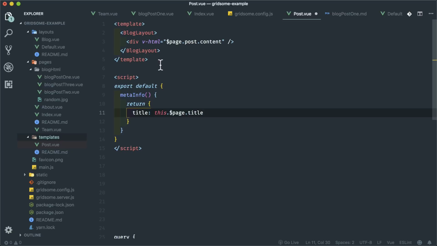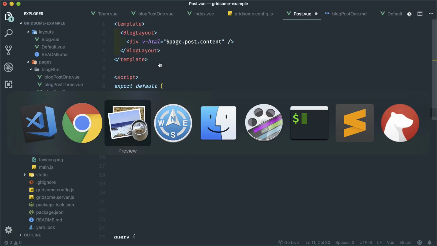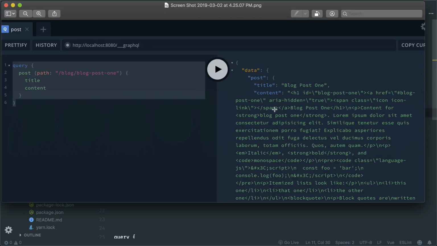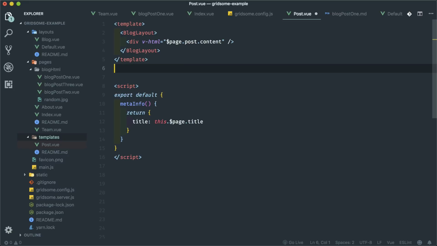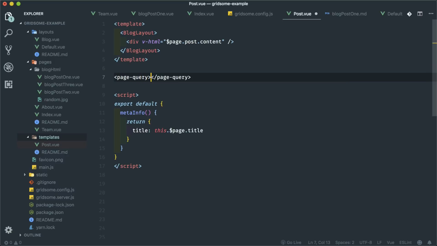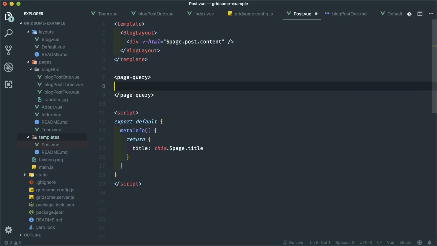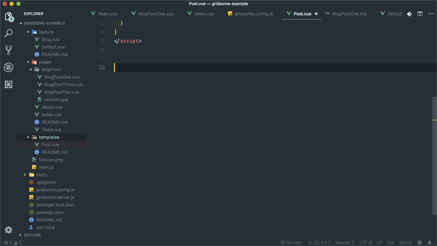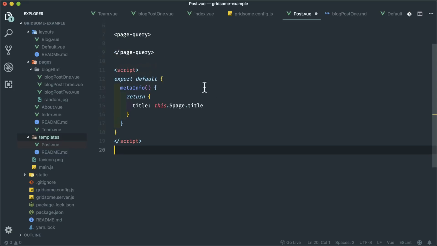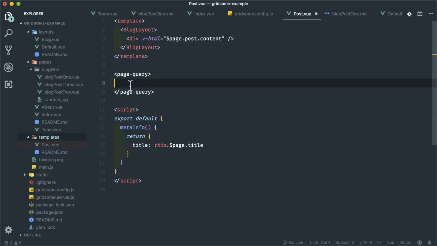And now to get that information from our GraphQL query, so this is the query, and we want this information in our post view component here, we can make use of something called a page query. So usually in view components, you have template, script, and style. We have a new one called page query. And here we can make our query. So whatever I have in here, we can grab this. So remember, this returns one post. And we just have to make a few changes here. For the most part, it's the same,